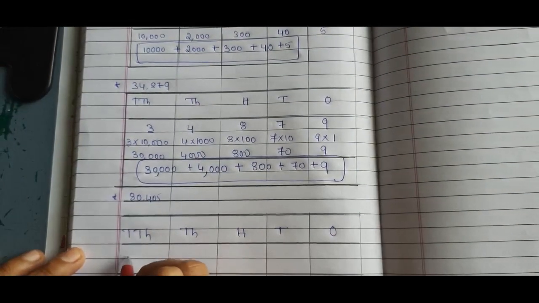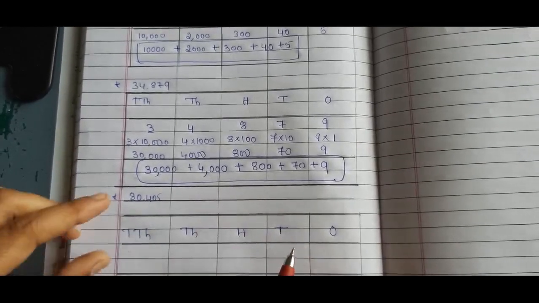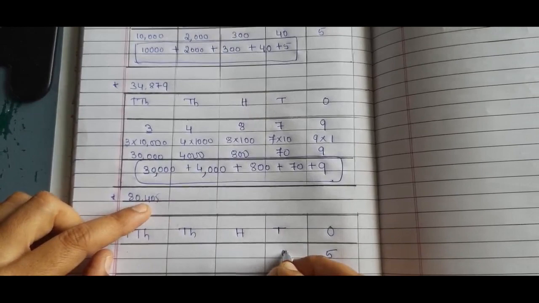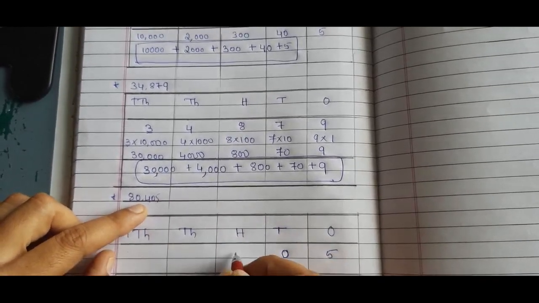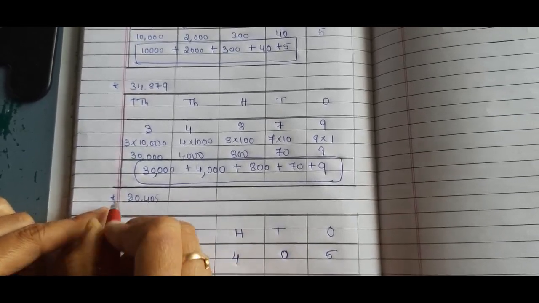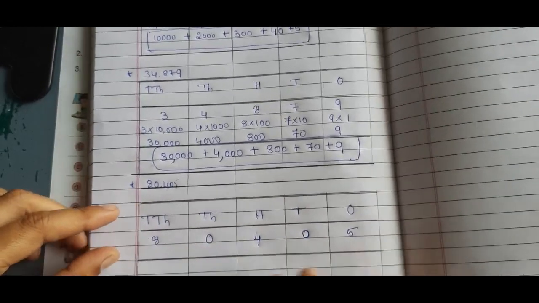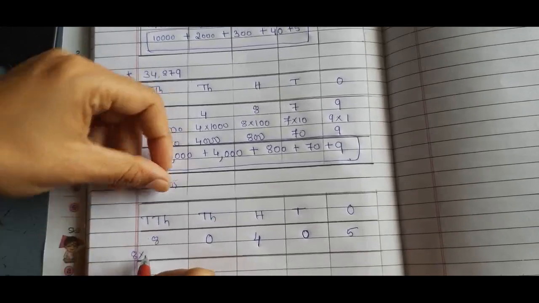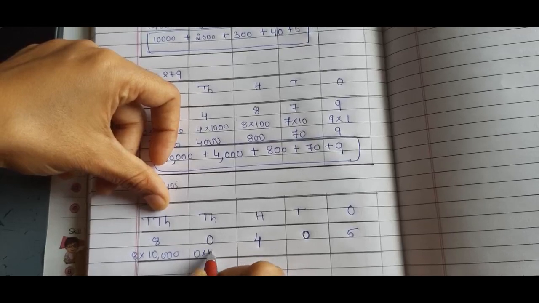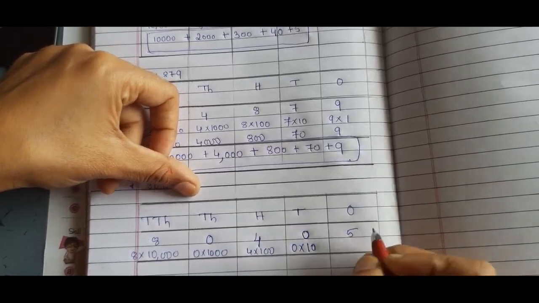Next question, 80,405. See, 5 is in which place? Ones place. 0 is in which place? Tens place. 4 is in which place? 100 place. 0 is in which place? 1000 place. 8 is in which place? 10,000 place. Now with the place values, 8 into 10,000, 0 into 1000, 4 into 100, 0 into 10,